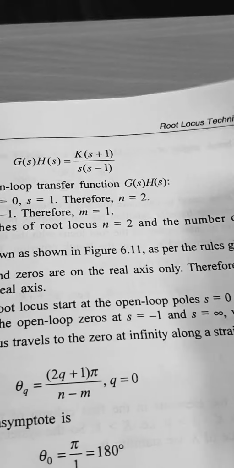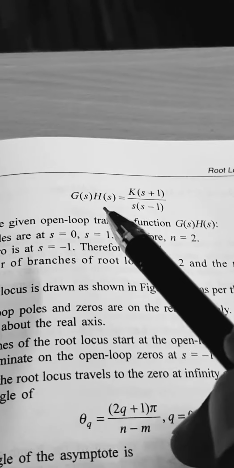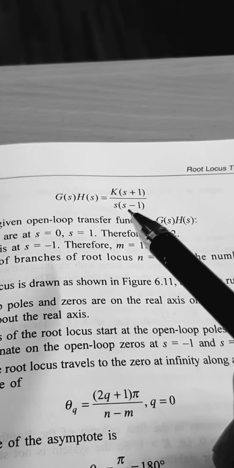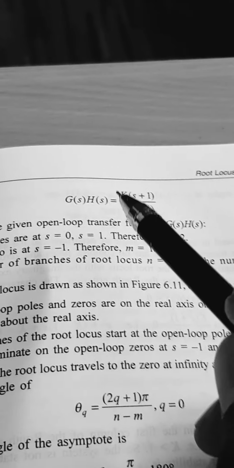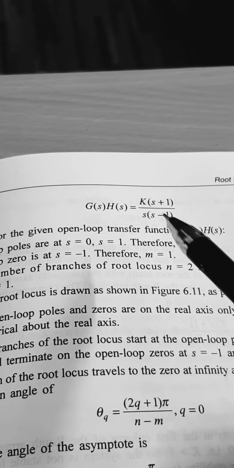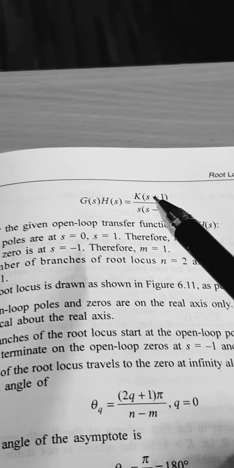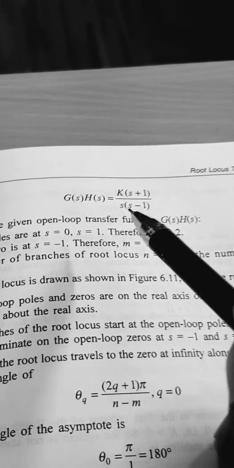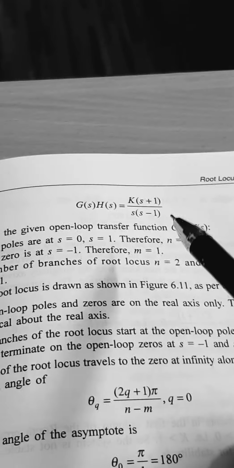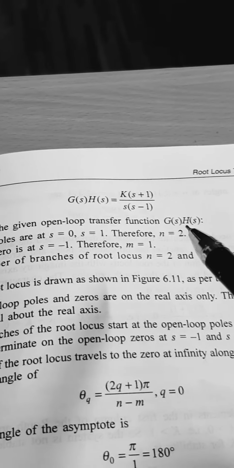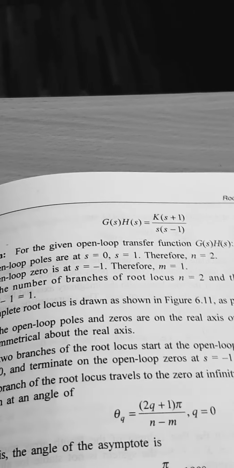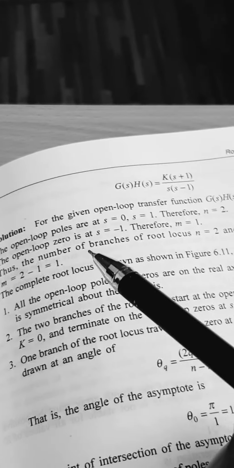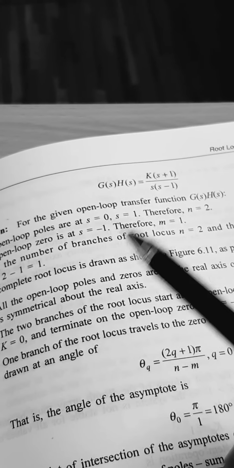So the given transfer function is G(s)H(s) equals K(s plus 1) divided by s(s minus 1). When you are observing this diagram, you can see that there are two poles and one zero. That is s is equal to 0 and s minus 1 is 0, that means s is equal to 1. So there are two poles, and s plus 1 gives the open loop zero at s equal to